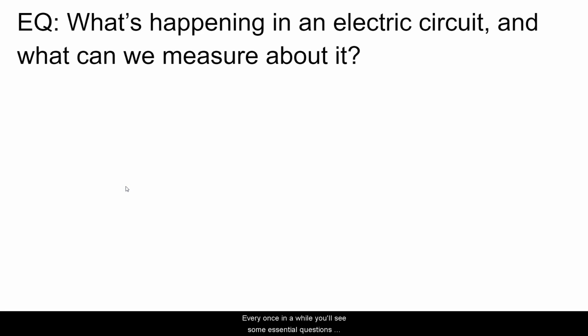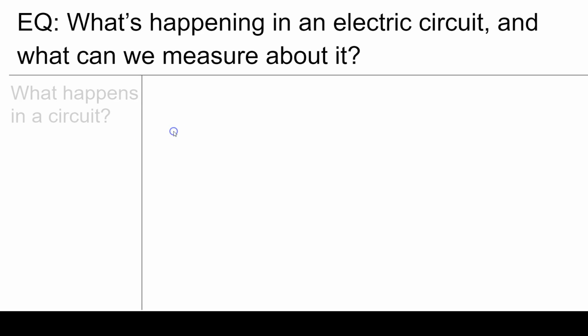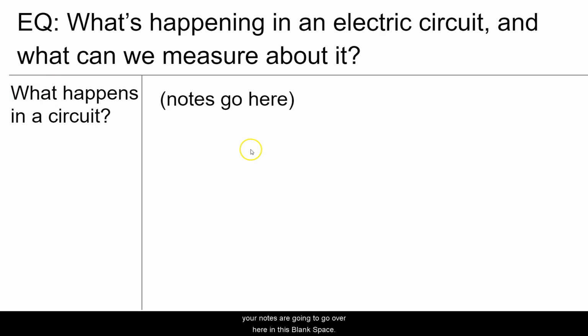Every once in a while you'll see some essential questions. Those are the focus points of the notes. And then I'll also show you how your notes should be set up. But like I said before, you should already have this one down. If you don't, well, here's another focus point or essential question. So, what's happening in an electrical circuit and what can we measure about it? So you should have this question off to the left, and then your notes are going to go over here